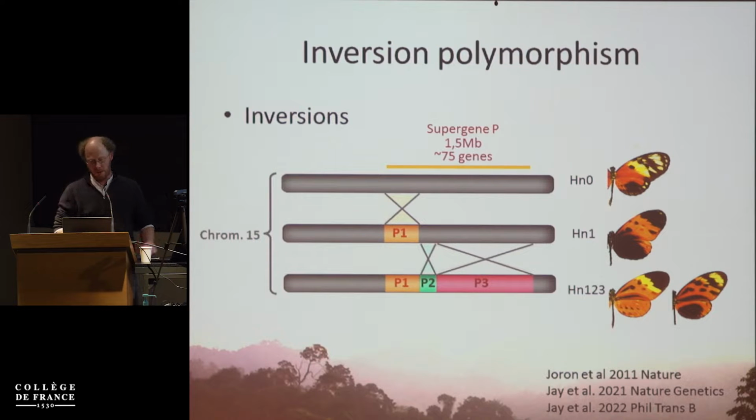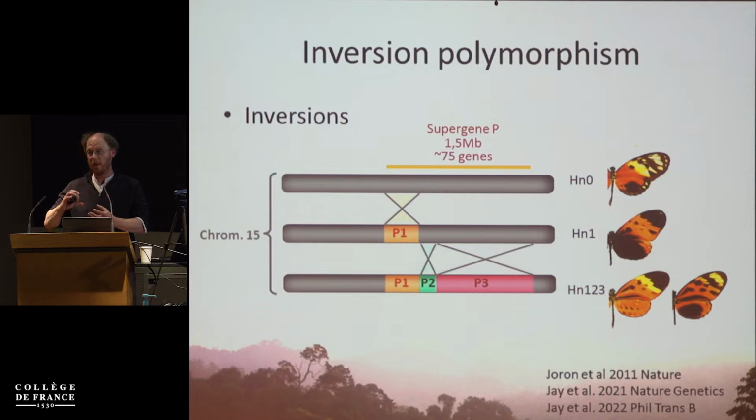So we've known that inversions are involved in this polymorphism, and actually the different forms sit on different chromosomal versions of chromosome 15, characterized by different inversion patterns. And so we have 3 chromosome types: the standard chromosome type, a chromosome type with 1 inversion, which is about 400 kilobases, and then another chromosome type with 3 inversions, like the first one, plus 2 more. So we have a clear system of inversions